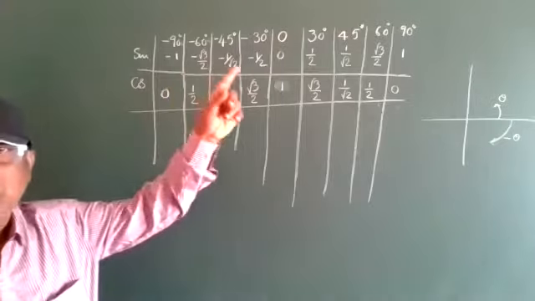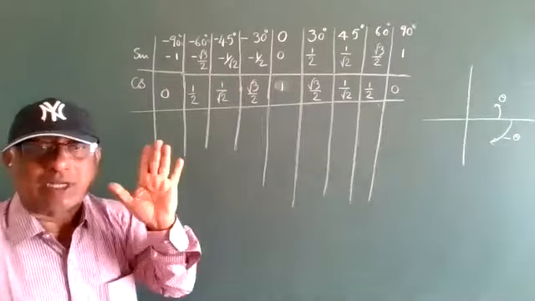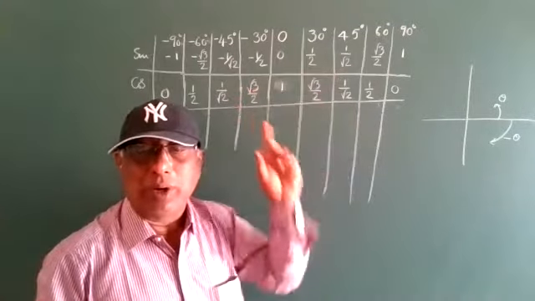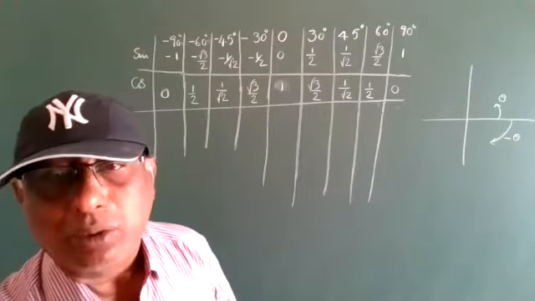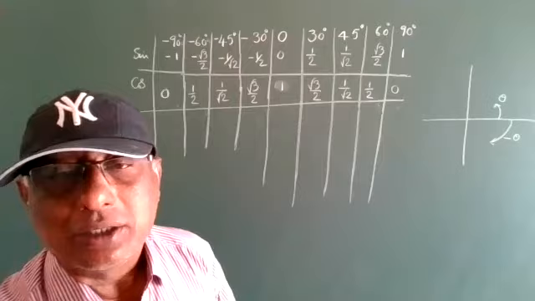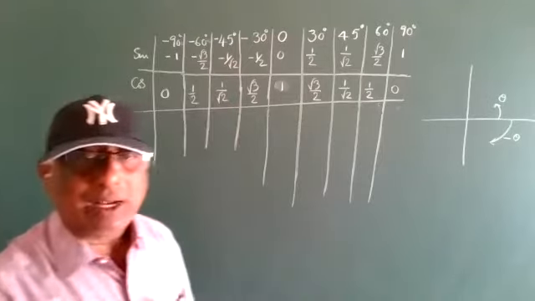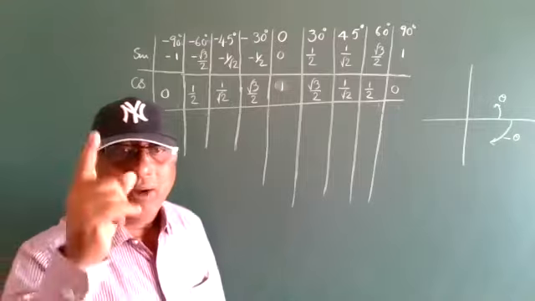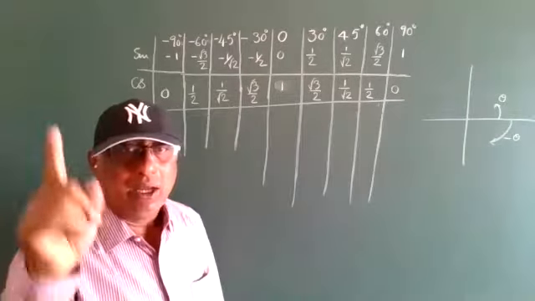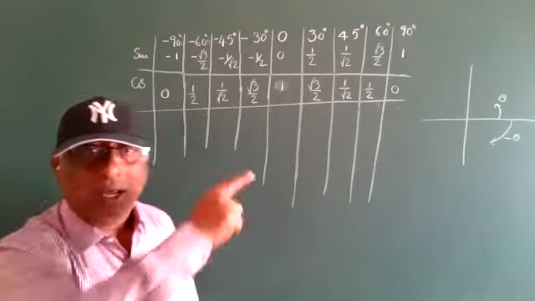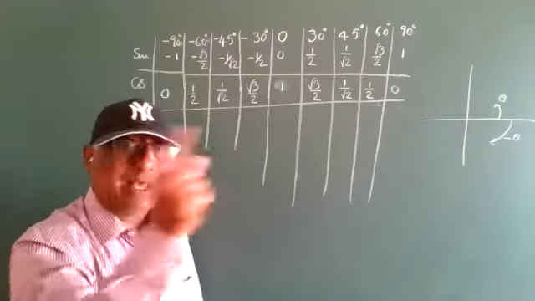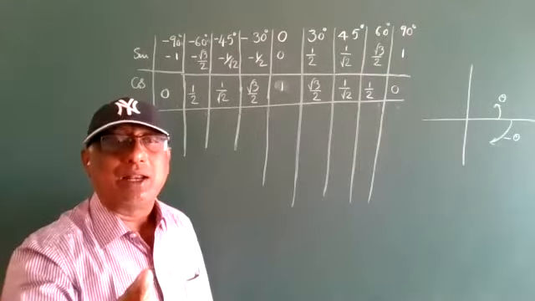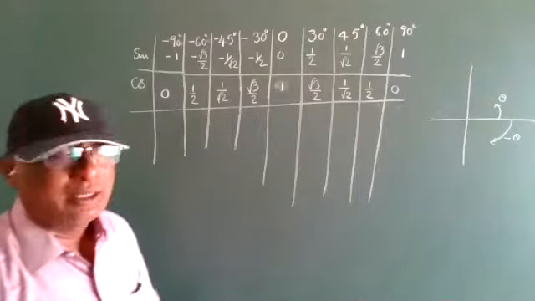But sine is non-repeated. Sine values are not included, not repeated. But cos values are repeated because the downside angle is in the fourth quadrant, and in the fourth quadrant cos is positive. This point is clear, everyone. From minus 90 to plus 90, cos values are repeated, sine values are not repeated. That is the difference between them. Okay?